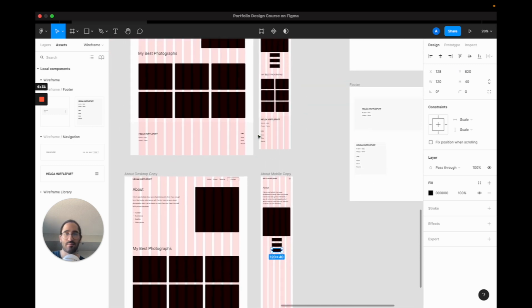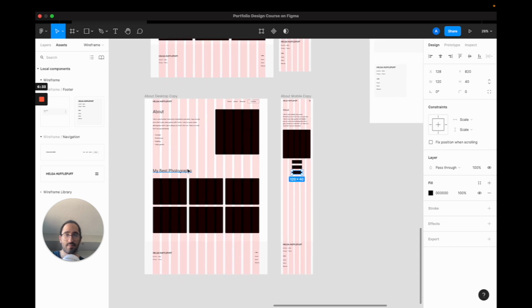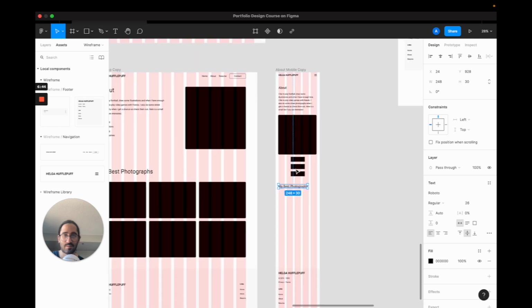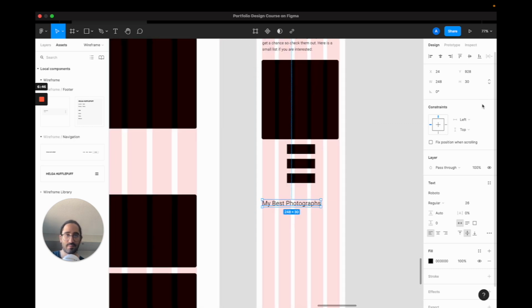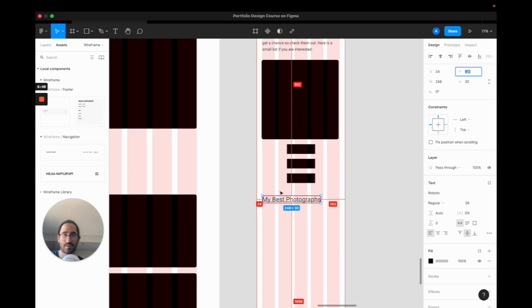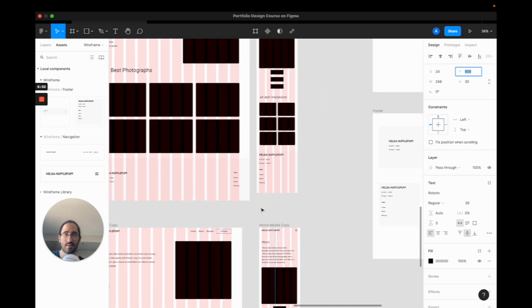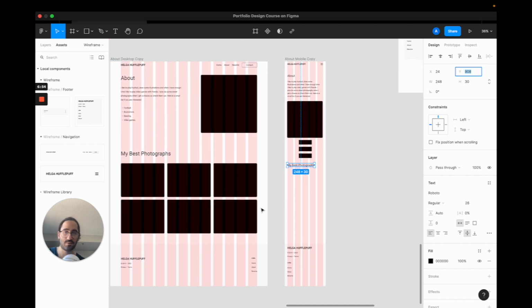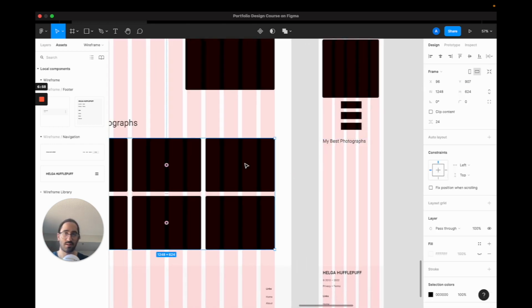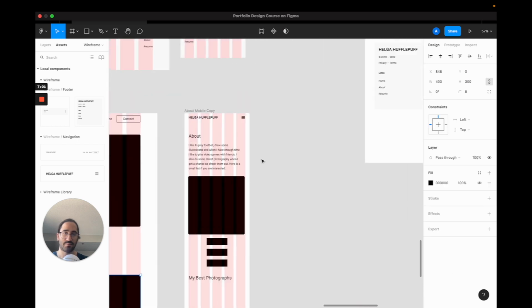So now we can move on to the photography part. I'm gonna do the same, just gonna drag here and write my best photographs. And that's pretty good. Maybe 48. Sure, that works. And I'm gonna add 2 by 2 now. Instead of 3 columns, I'm gonna have 2 columns. So I'm gonna get one of these there,